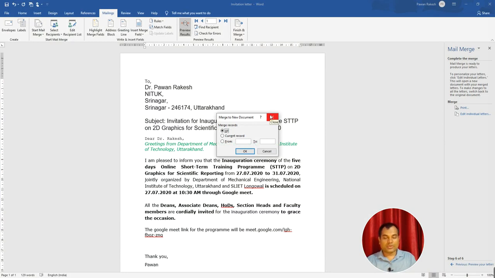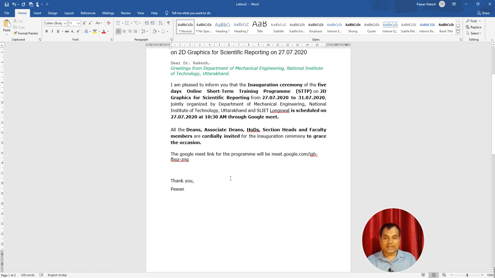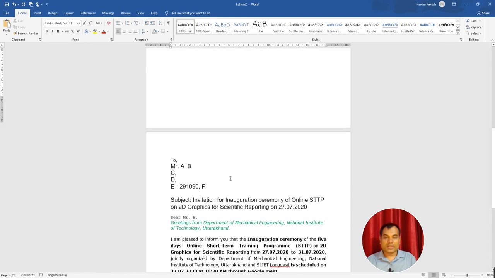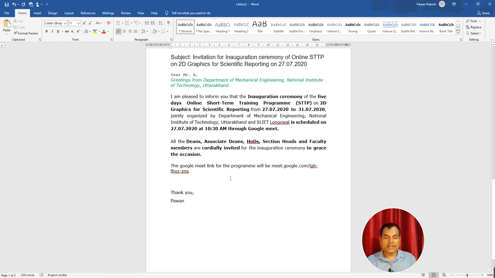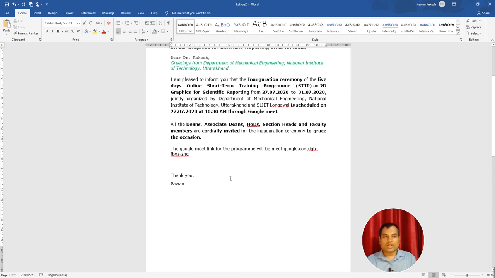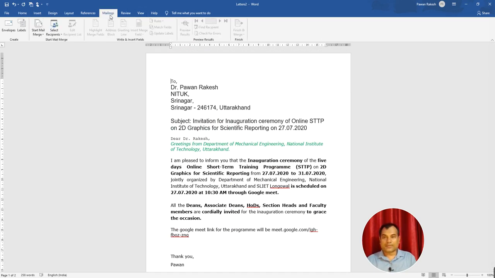We can edit individual letters here. So you can select it and click OK. Now if you find any mistakes, you can change them. You can see both the letters are already prepared, and if you want you can change them. So this way we can use these mail merge options.